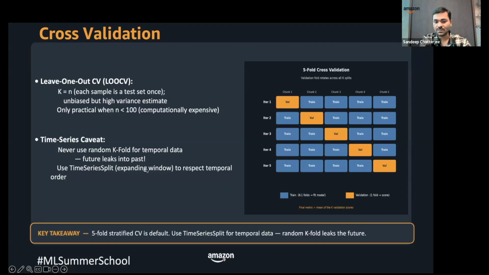So the solution here is respecting the arrow of time. How do we evaluate temporal data safely? We use an expanding window technique, which in scikit-learn is called TimeSeriesSplit. Instead of randomizing, this method respects the chronological order. In fold 1, you might train on January and test on February. But in fold 2, you expand the window, so you train on January and February and test on March. You are forcing the model to